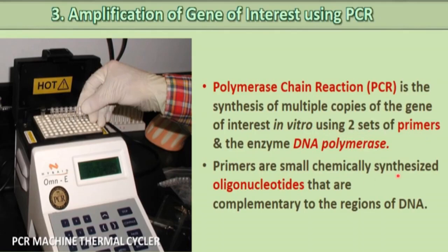These are chemically synthesized oligonucleotides. You have studied about it in molecular basis of inheritance also. Those are used during DNA replication. And other than these primers, DNA polymerase enzyme is also required here, right? So these are required here in laboratory to synthesize multiple copies of DNA. So oligonucleotides are obviously complementary to the region of DNA, and this is the PCR machine, or thermal cycler, you can say, in which this DNA sample, gene of interest, is used to make multiple copies.